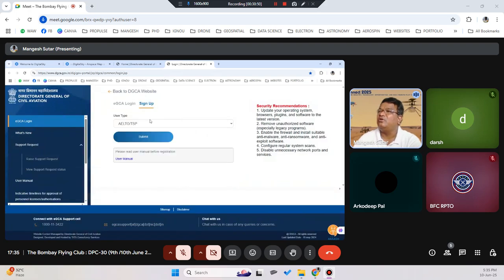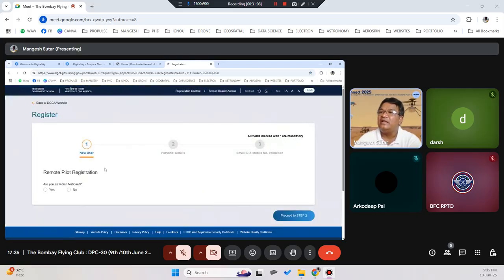Sign up. If I click on sign up, you can see here there is an option for drone pilot. You can see here even for remote pilot training organization, we can create our login over here. Pilot operators is there. Remote pilot, you can see here. So this remote pilot is basically where you can create a new user, but then you don't require to create